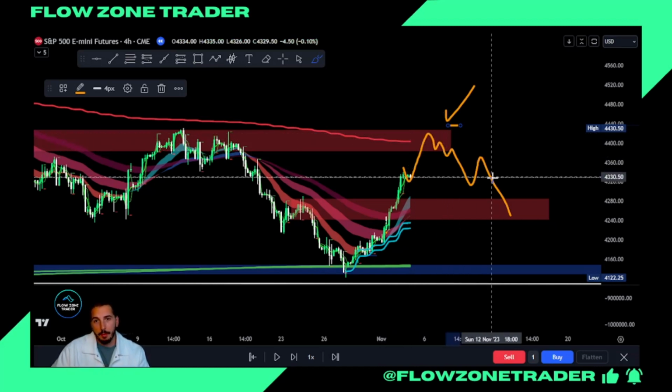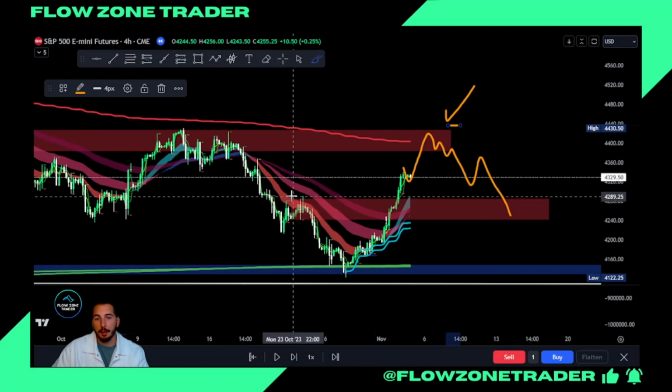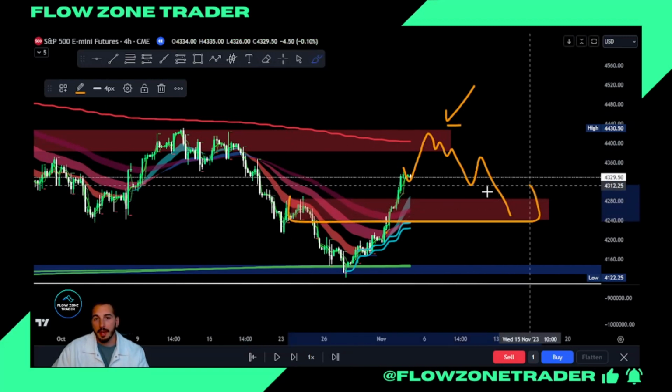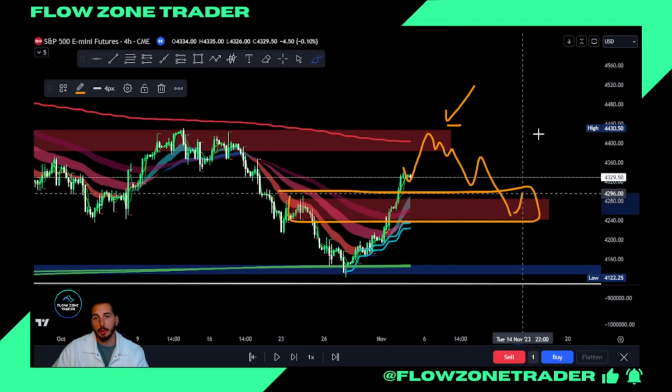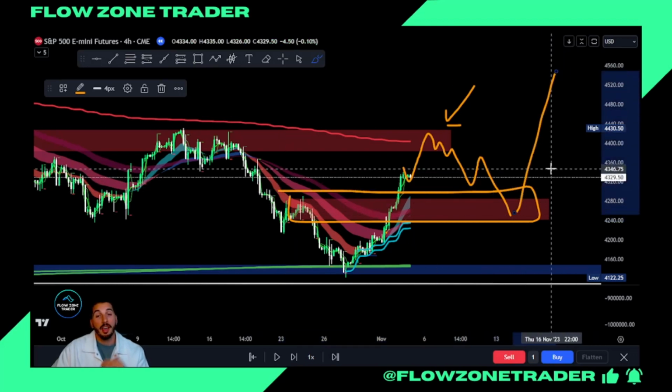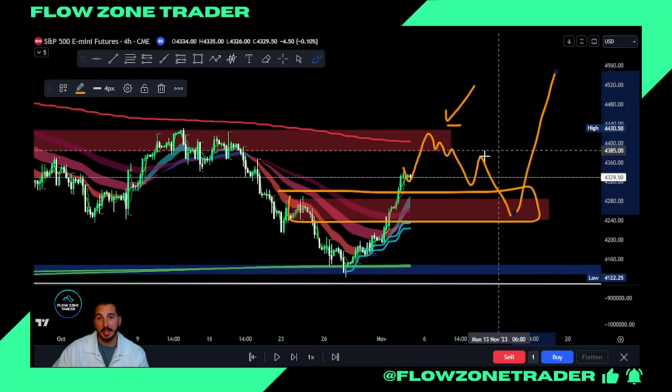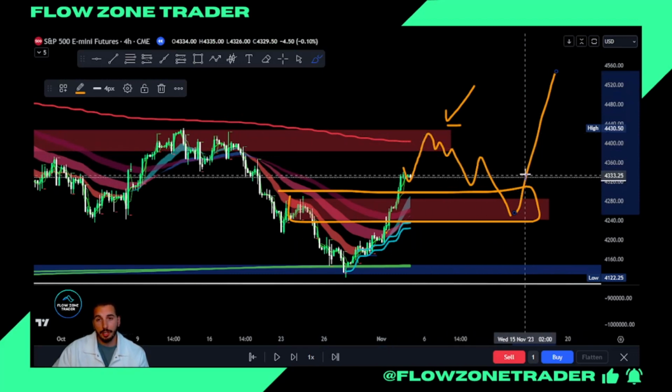So even if we come up here, okay, and we take a short, we would now be considering, do we get a higher low here? Okay, because we could now get a continuation bullish. That's how quickly the market can change. Okay, so we have to be cautious of this now.